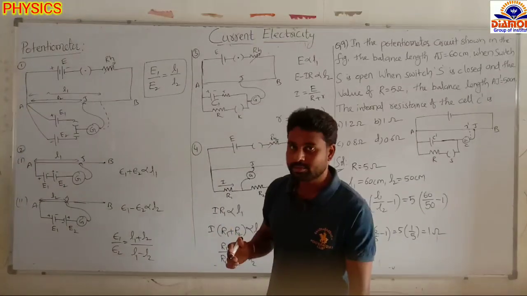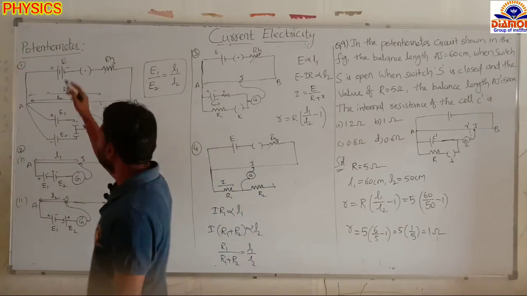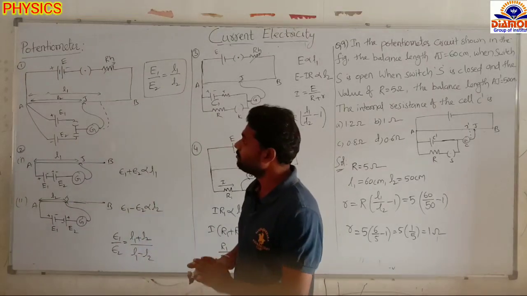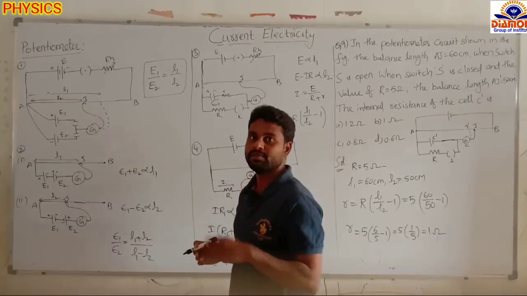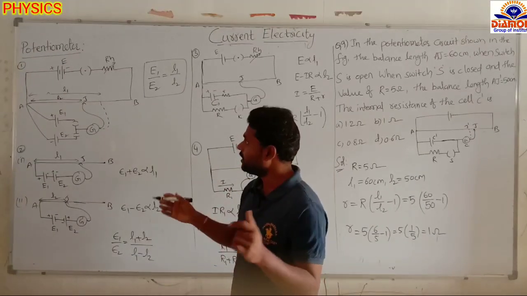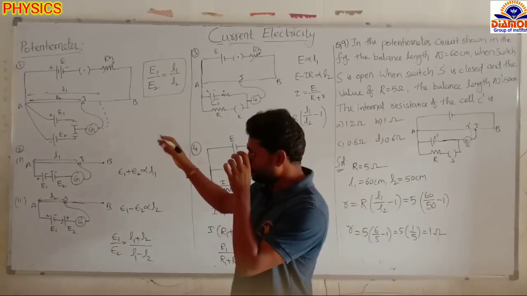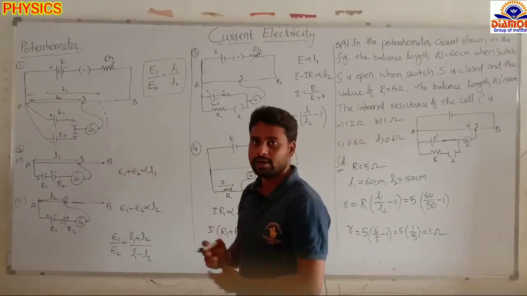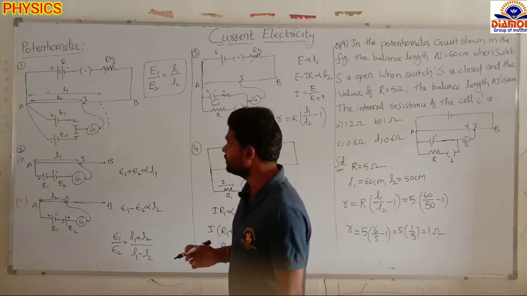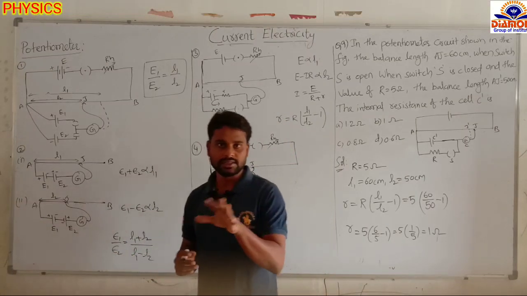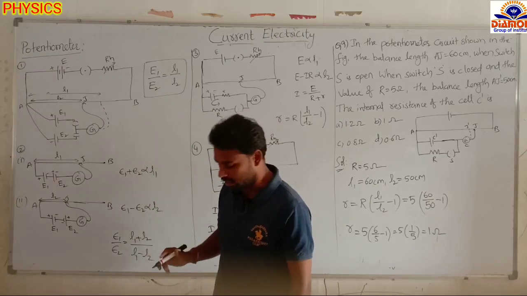See the next concept, the potentiometer. In the potentiometer we will use a 6 to 10 meter length wire. We have the meter bridge also. In the meter bridge we use a 1 meter length wire, while here we will take a 6 to 10 meter length wire. If you know these applications, then apply them to the meter bridge also, it is very small. In the meter bridge, voltage is directly proportional to the length of the wire. The same principle we will use here also.